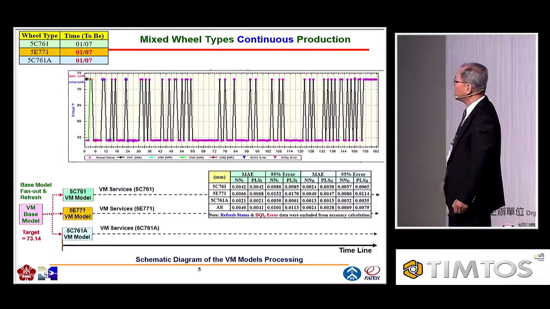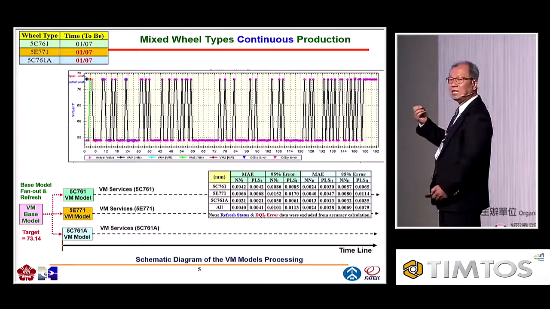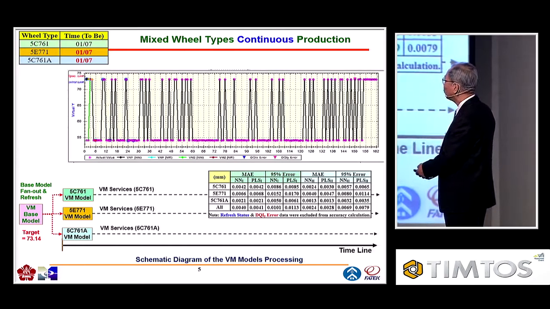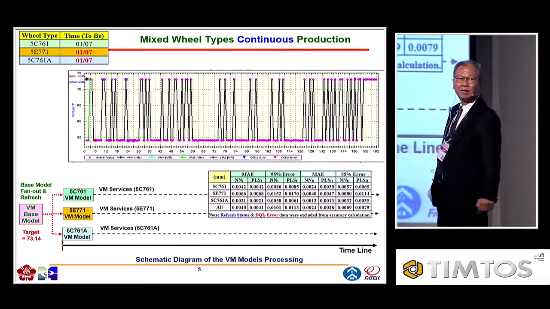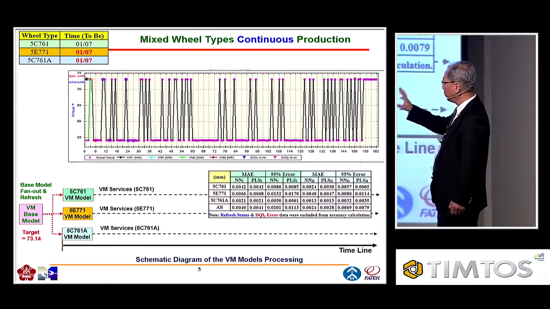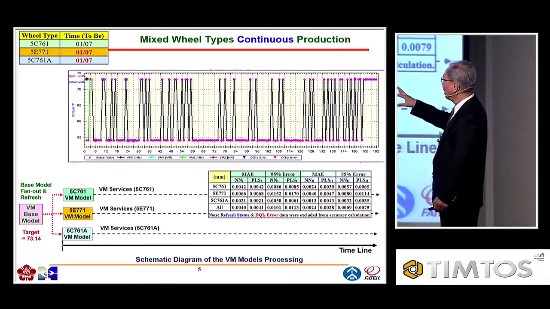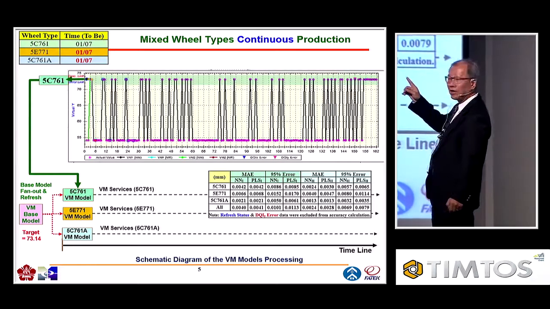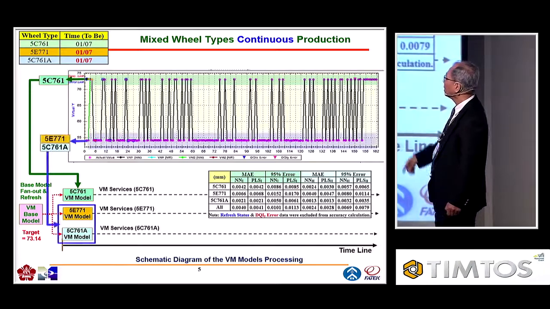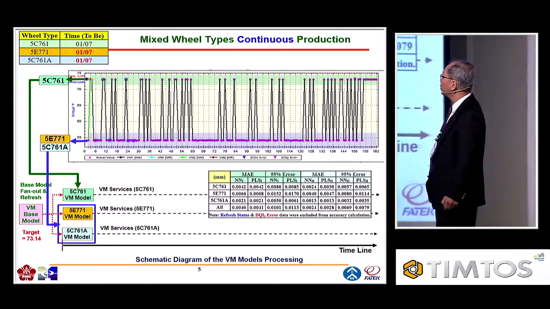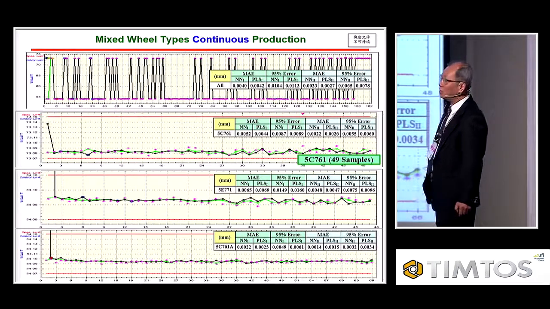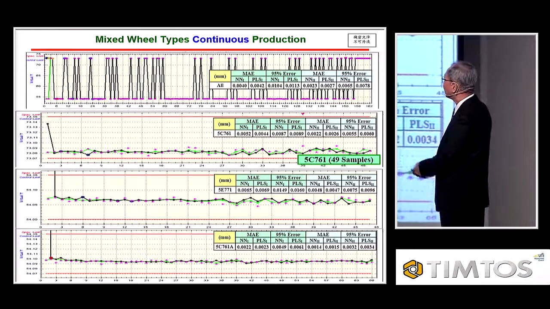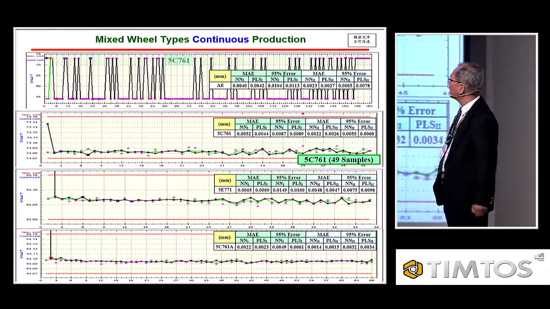So you see, we need to have a baseline model. And we just need 1 to 3 wheels to refresh the model. Then we can become 3 VM models for each particular wheel. So you see after that, the very first one uses the first model, the second one uses the second model, etc. So this will be the result. And this is the combination. And we can sort them into different categories. And the accuracy shows something like that.